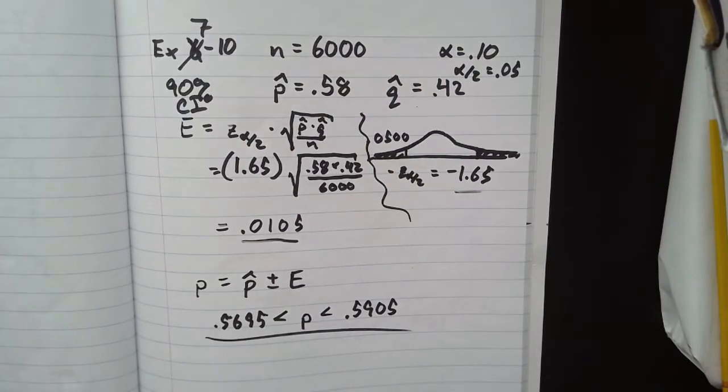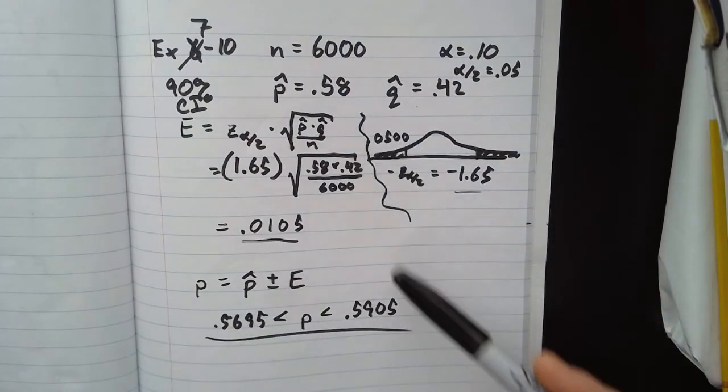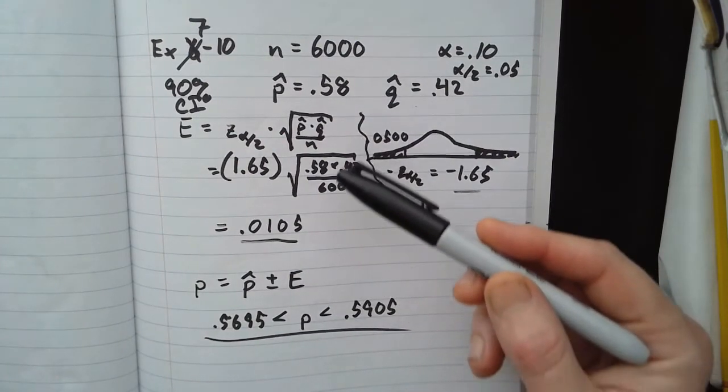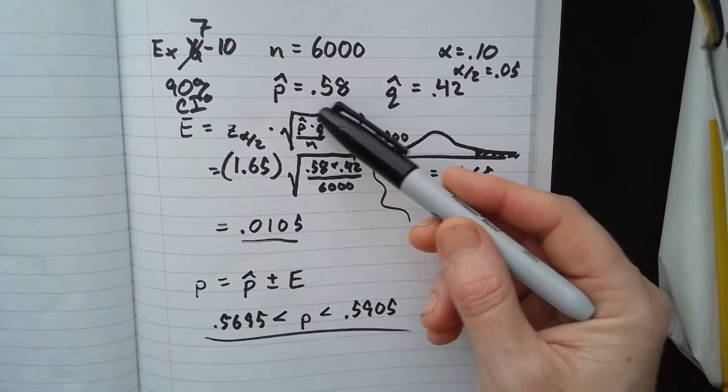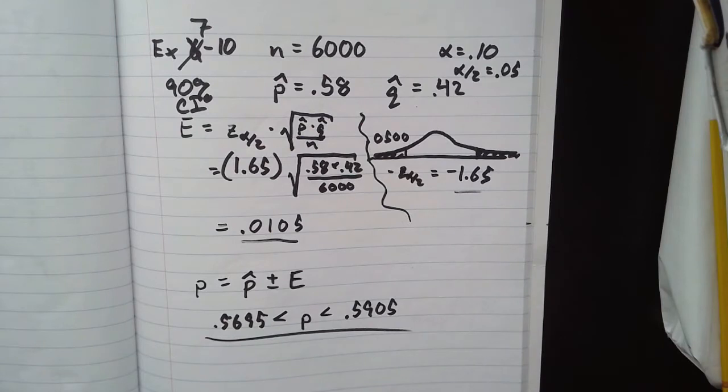Why do we want a confidence interval? Just one last little blurb about this before I sign off. Well, an interval estimate versus a point estimate. If we were just going to say, here's a point estimate, you know, the population is 58%. There it is. That's our final answer. Well, you know what? That's wrong 100% of the time, because even if the true population proportion is 0.580001, it's not exactly equal to 0.58, so it's not that value itself.